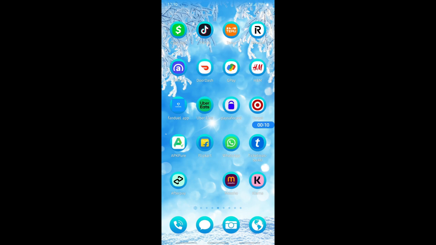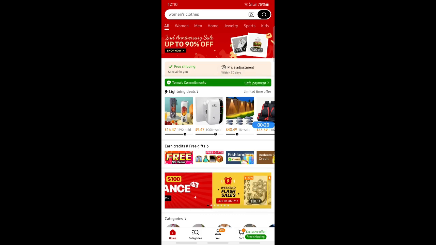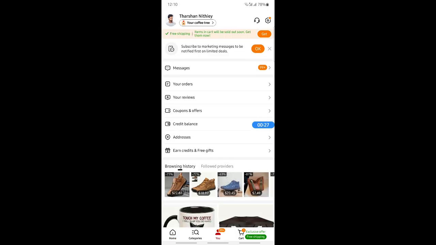So firstly, open up Temu. Once you're on Temu, log into your Temu account. So once logged in, you're going to reach out to the customer support if you want to remove the minimum purchase limit. So how do you do that? Simply go to the You tab here, click on You,